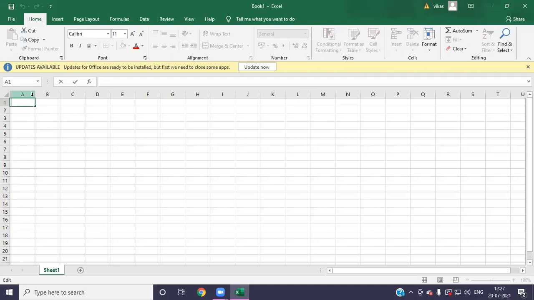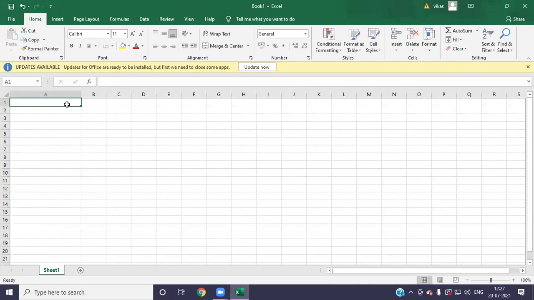Now we have to increase the size of the cell. So I bring the mouse pointer here and then I can increase it. Look here. Here I'm going to type 1, down 2, then 3, then 4, and I have to type up to 100. So my dear students, it is very difficult to type 100 times. So what will I do?